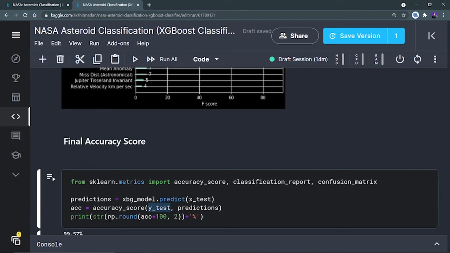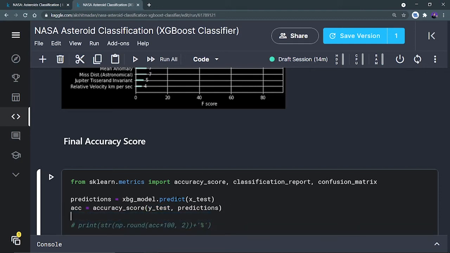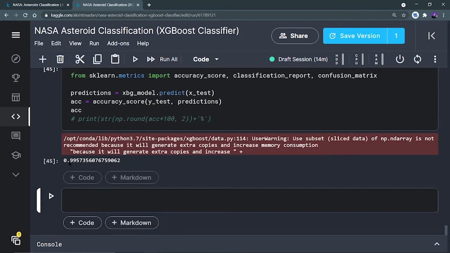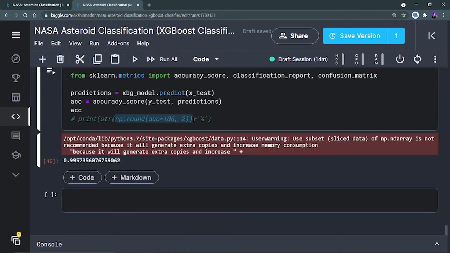Then I'm going to print. So what is the meaning of this np.round accuracy into 100? If I don't print like this, let me comment this thing because this is a video for beginners. So I'm going to show you everything, right? So let me just print accuracy. If I just do it like this, I can see that it is printing 0.995735, but I want only two decimal values. It's like 99.57, only this much. So what I can do, I can run a numpy round function, and first of all I'm going to convert this 0.995 into 99.5. That's why I'm multiplying it by 100, as you can see.